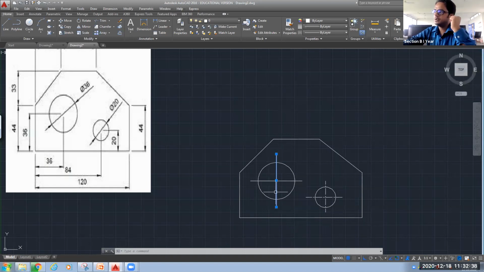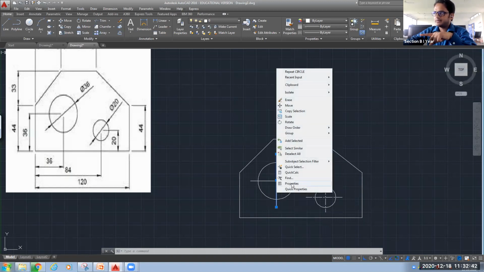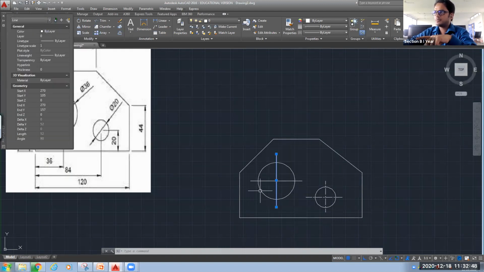Once you have selected that line, right click, go to properties, the second last option. From the top, you can see color, layer, line type. Line type by default is by layer. So you change it to center.